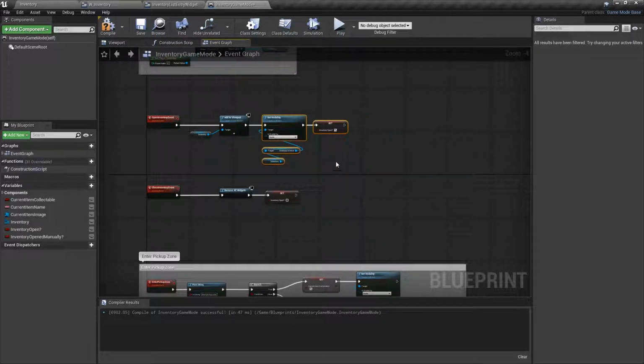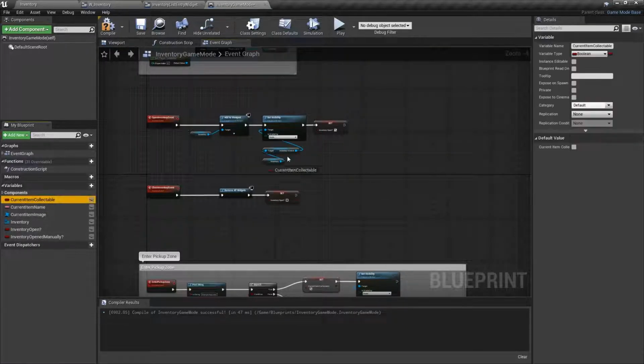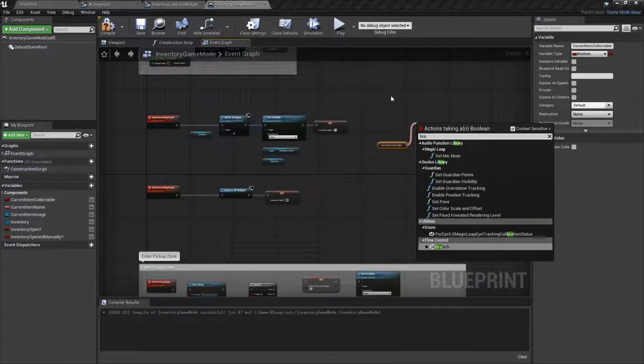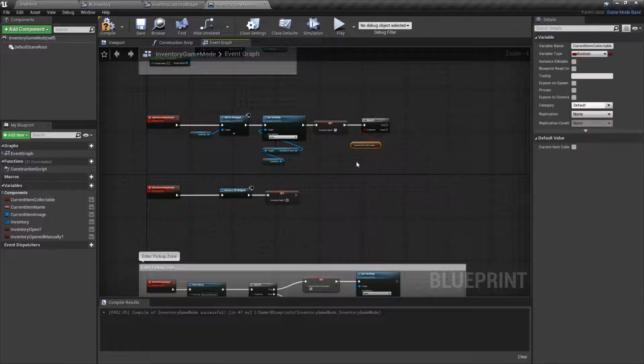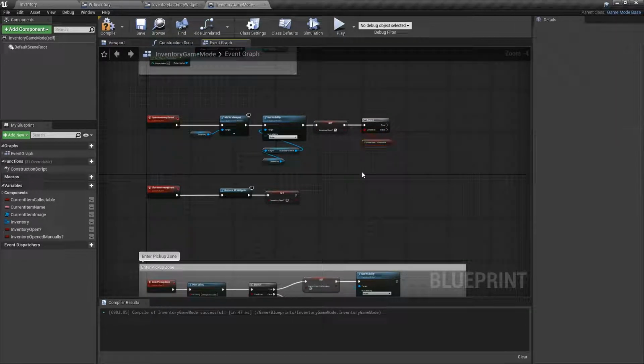We need to work out whether the item is collectible. So current item collectible, which is basically our switch to say, are we in a zone? So we can branch from that. Are we in a zone when we open everything? Let's just move that. So are we in a pickup zone? If we are,